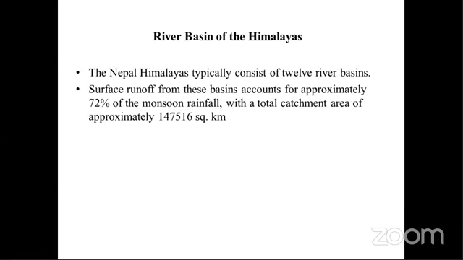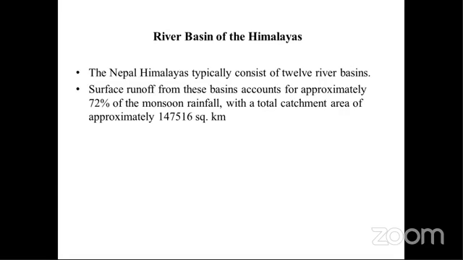So after the formation of the Himalayas, river basins were also formed, and in some places there was a scarcity of water, and in some basins there was abundant water. So to balance the river basin water fluence, Nepal government has proposed many projects which I have already mentioned. And while talking about the river basins, there are 12 major river basins in Nepal Himalaya, which cover